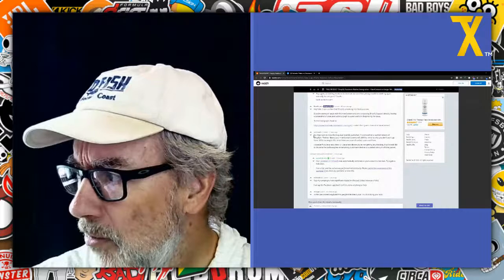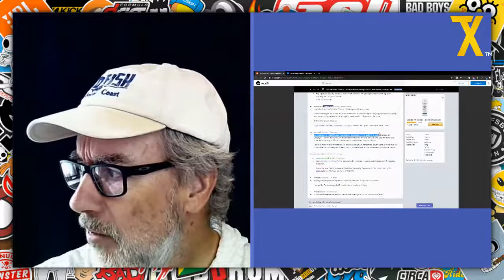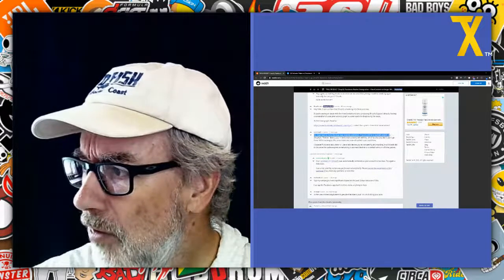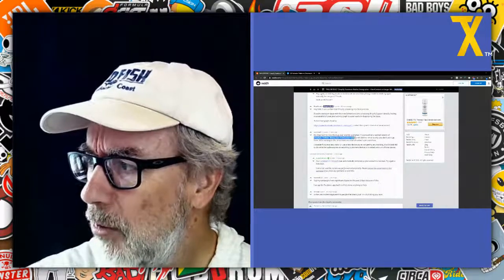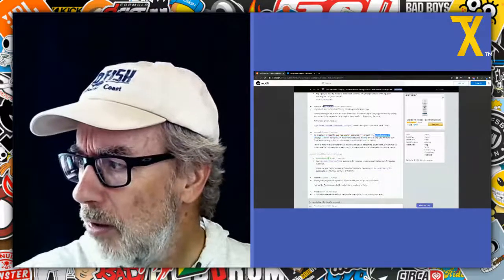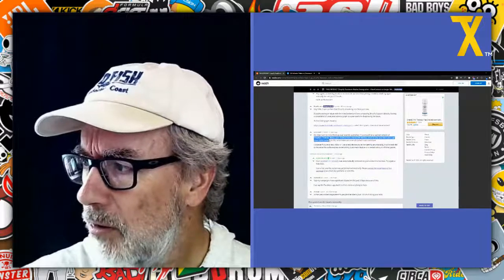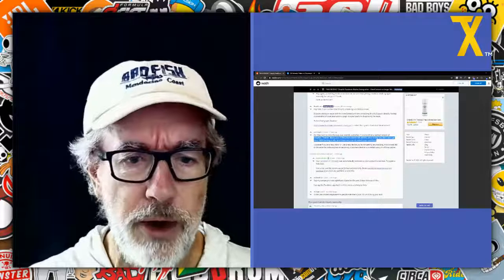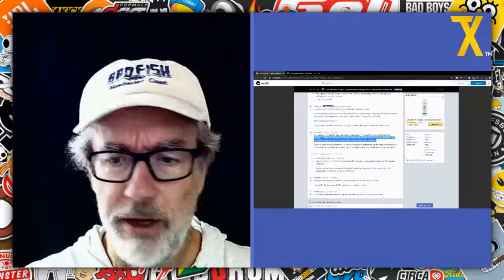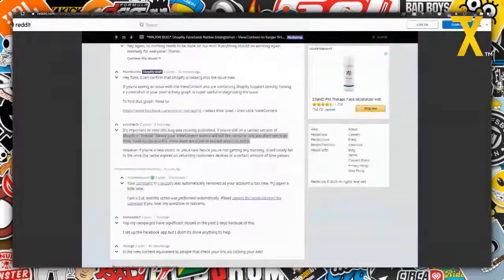It's important to note this bug was recently published. If you're still on a cached version of Shopify's Trackify library, your ViewContent events will still fire, which is why you don't see it go from 100% tracking to 0%, since there are a ton of cached users out there. So those are some of the things that can happen with tracking scripts.